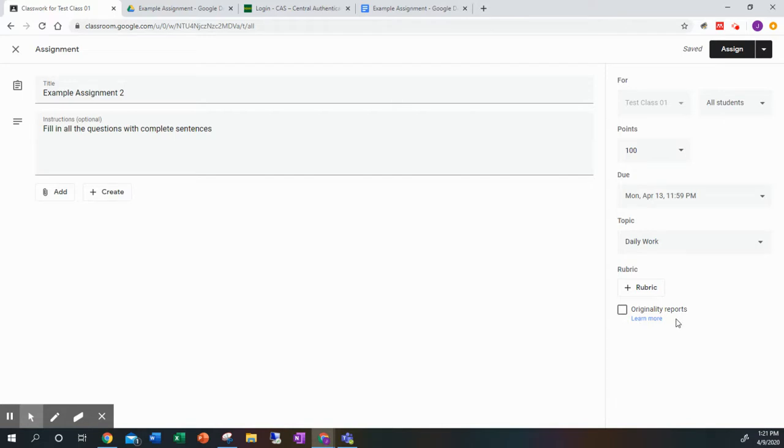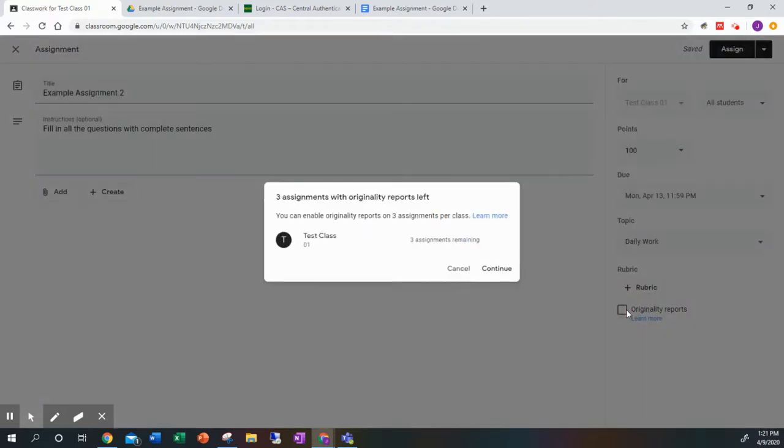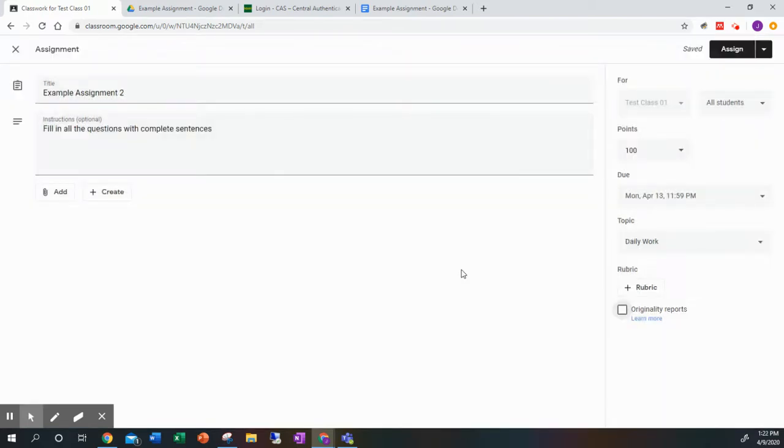Another nice thing is that there are originality reports. If you click this, it'll help to enable originality reports on 3 assignments per class. And I think that just is the base level. But what that does is it'll be a plagiarism tool. So it'll do kind of what Blackboard does, and it can make sure that no one is plagiarizing a website